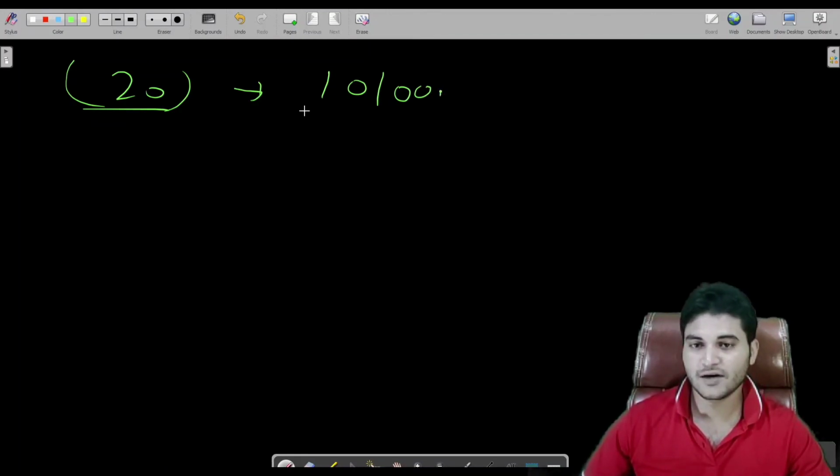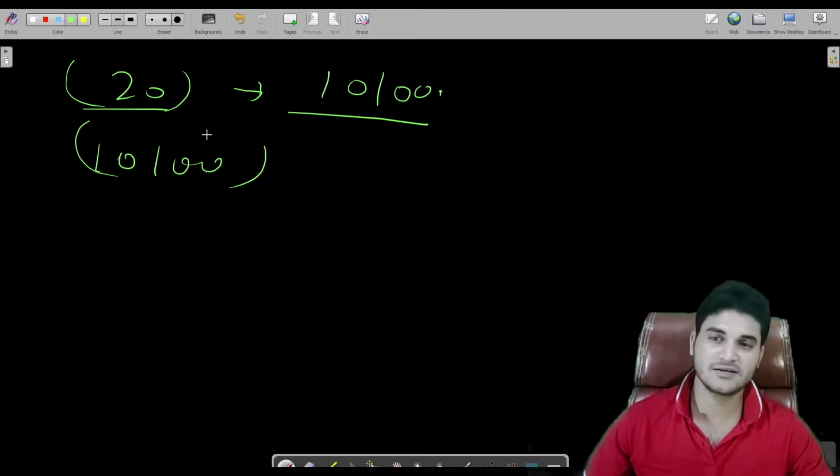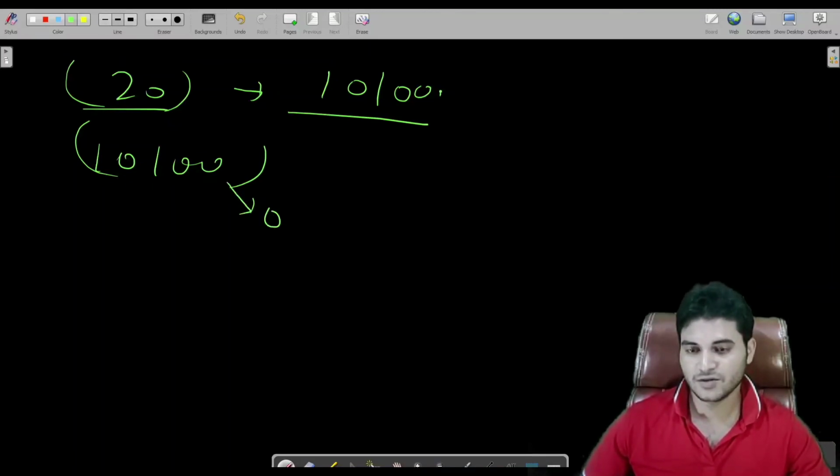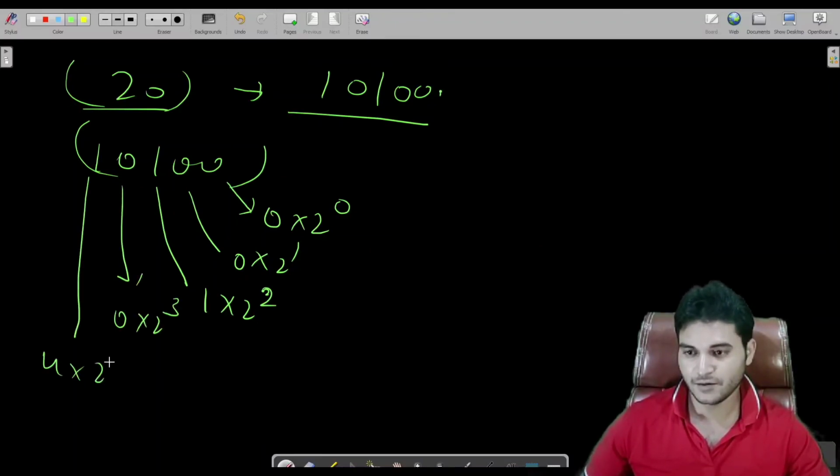So how do we calculate the decimal number from the binary? Let's see here. We'll discuss this approach in the next video also. So we used to do it this way: 0 into 2 to the power 0, 0 into 2 to the power 1, 1 into 2 to the power 2, 0 into 2 to the power 3, and 1 into 2 to the power 4.